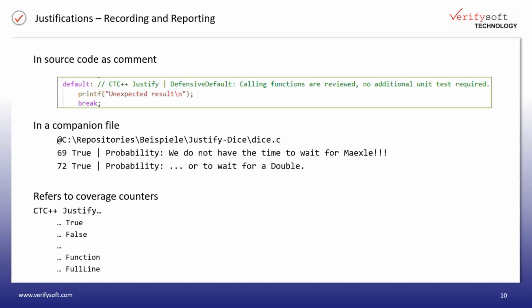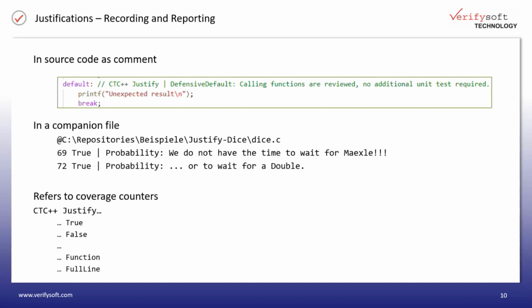For example, for a decision, you have to tell if it's about the true or the false counter. So if you would like to justify the else branch of a decision, you would have to justify the false counter of the decision. We also have justifications for full functions, called function by type,